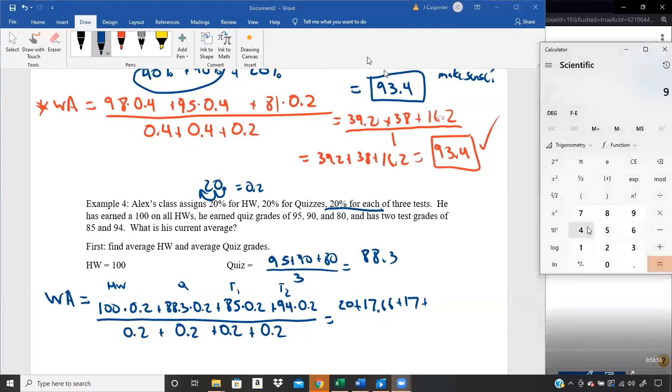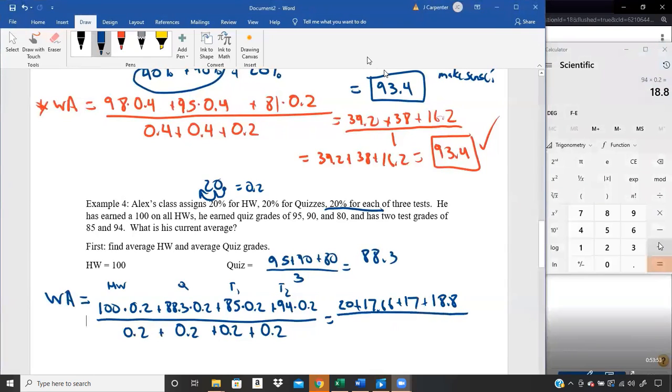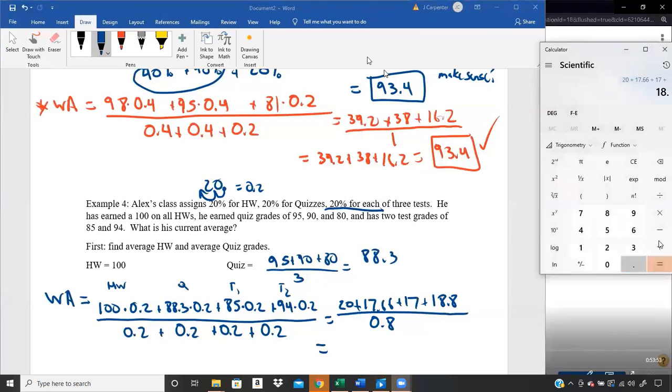The 94 times 0.2 will be 18.8. And that's it for the top. The 4 categories, remember test 3 not taken, so nothing written about it. And then 0.2 plus 0.2 plus 0.2 plus 0.2 is 0.8. 2, 4, 6, 8. Add those up: 20 plus 17.66 plus 17 plus 18.8. We get